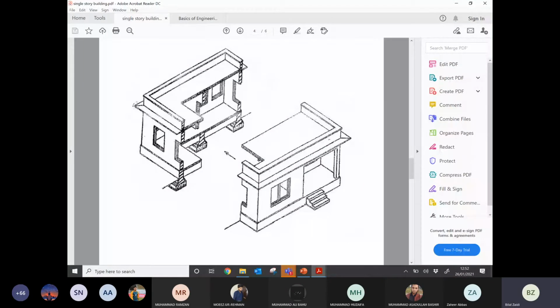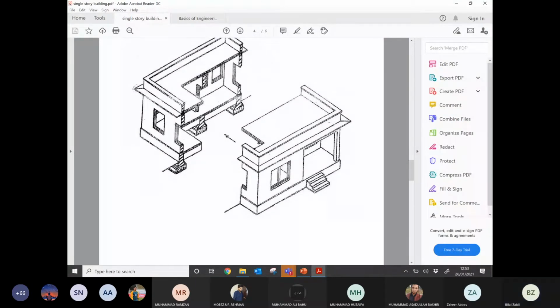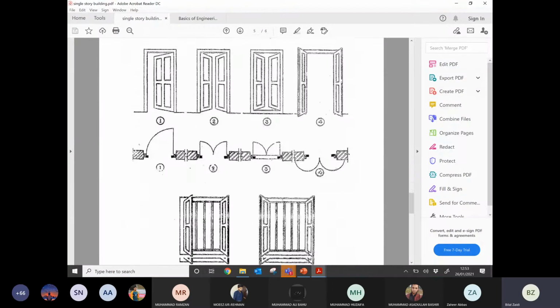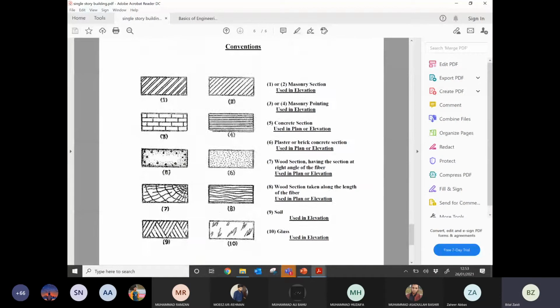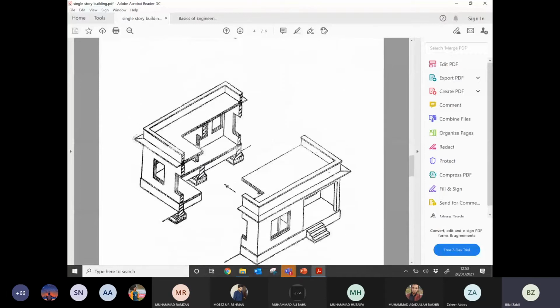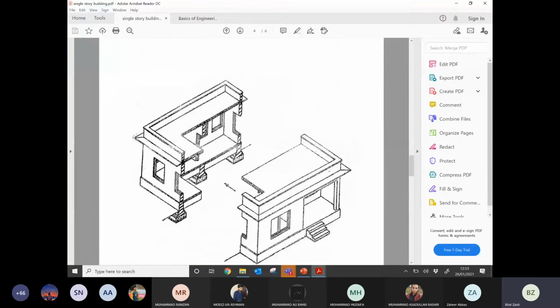And if you cut your object vertically in a similar fashion shown in this slide, you will get and draw a picture of this side view. This side view will be your section view, right?